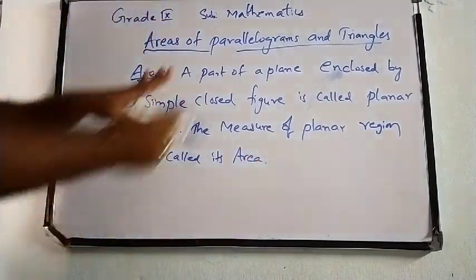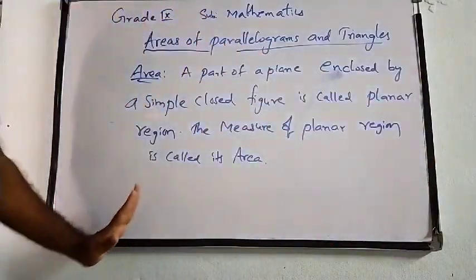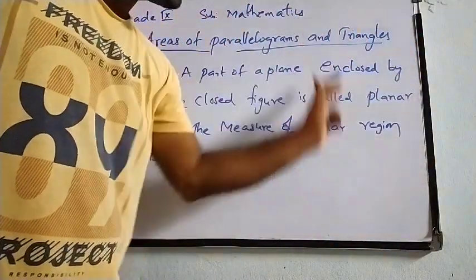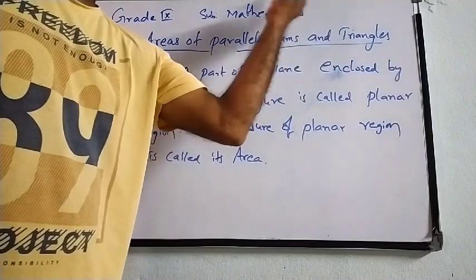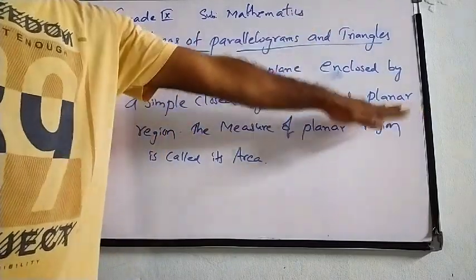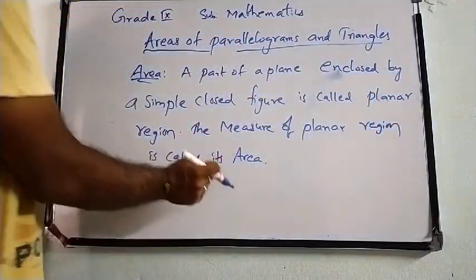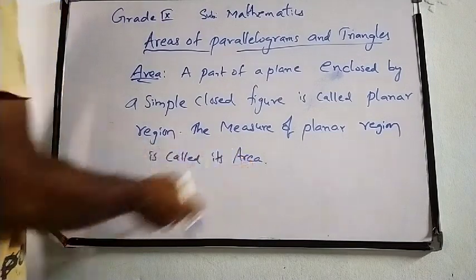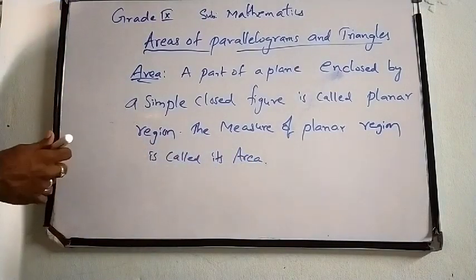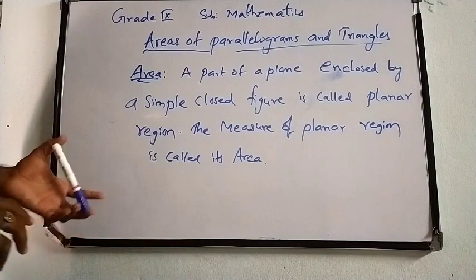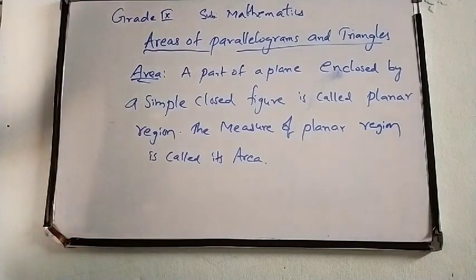It means that, let us suppose this is a plane. So in this plane we are taking a part. So this is some part, and this part is very close to a figure. Whatever the measuring area is there, we are going to call that region as area. So this is the definition of the area. Next we will discuss. In the previous chapter we have discussed